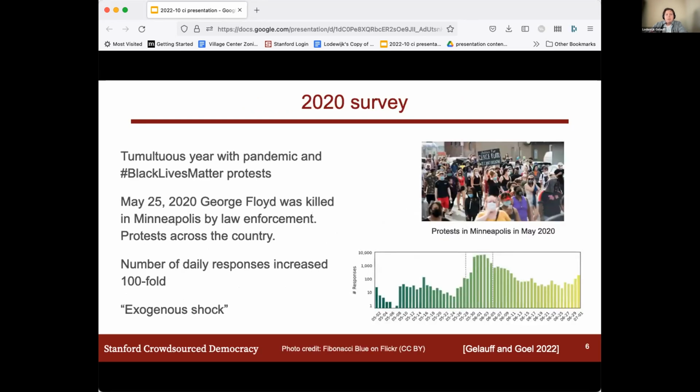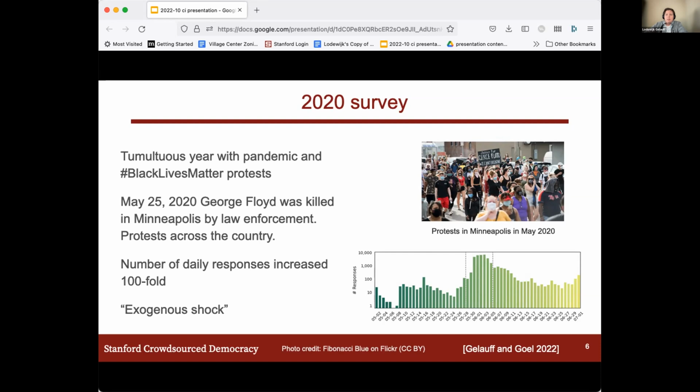And 2020 turned out to be a very tumultuous year. Besides the worldwide pandemic that changed how people interacted with the city and how they live, there were also a lot of protests, especially in the United States, surrounding violence from law enforcement towards Black people. And in the middle of this survey, George Floyd was killed by law enforcement in Minneapolis, which is not close to Austin in Texas, but this event really changed the landscape in the United States.